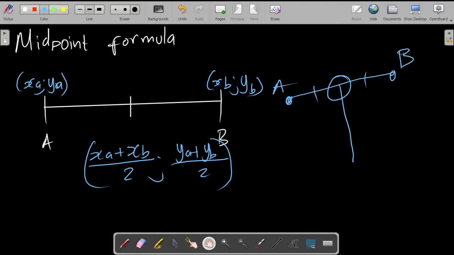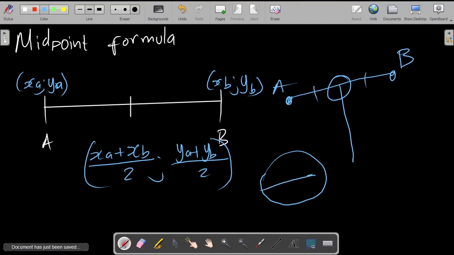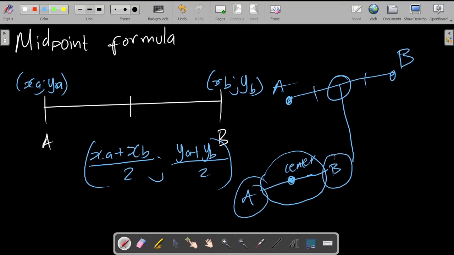Or another application is if you have a circle. Let's say you have a circle and you have a diameter, and a diameter basically passes through the center. If you have this point and that point, you can find the midpoint, and the midpoint should be your center, because the midpoint of a diameter is basically the center of the circle. So let's say the question asks for the center of the circle, and you have points on either side of your